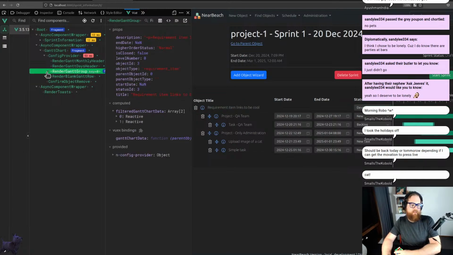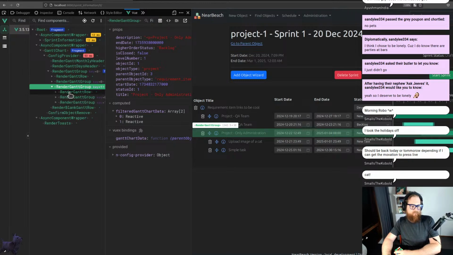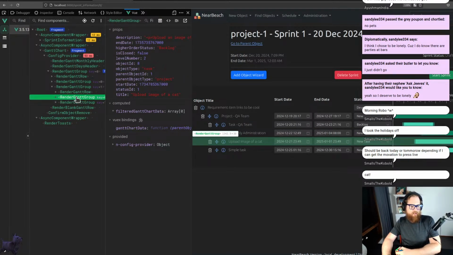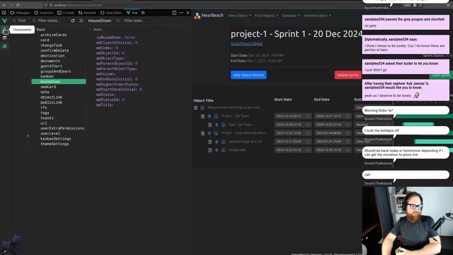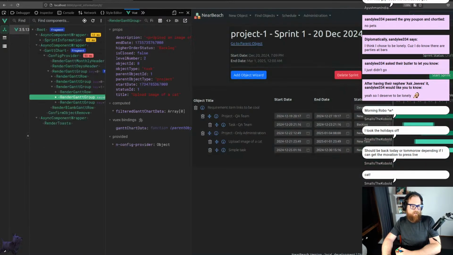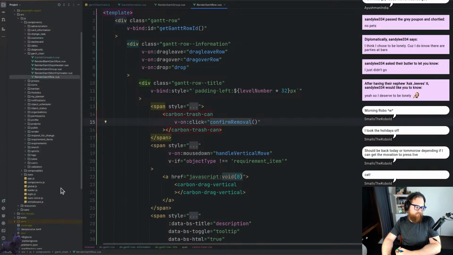So we've got the render-get root, which is the top one, and then we want to have a look at the next one, render-get root, and then we've got the render-get root here. We've got the parent objects here. So we're not updating the on mouse down thing. So if I go to mouse down,